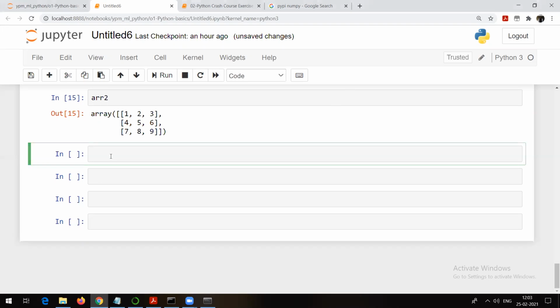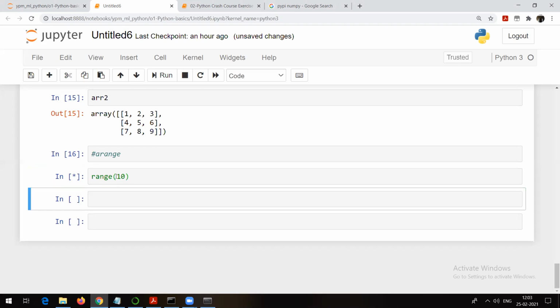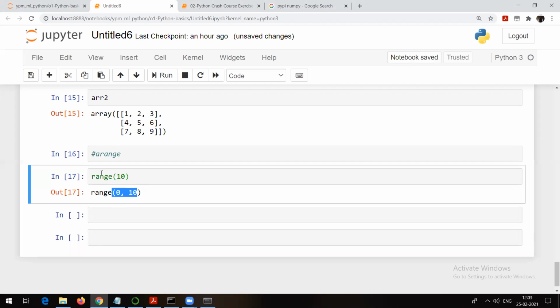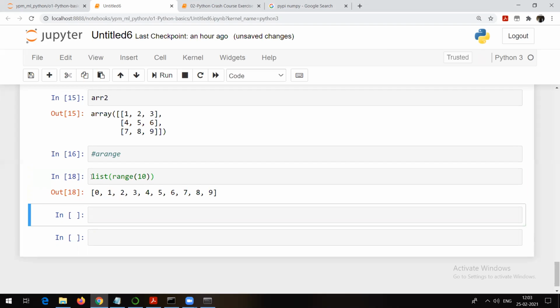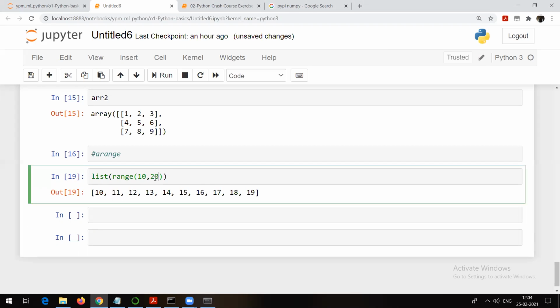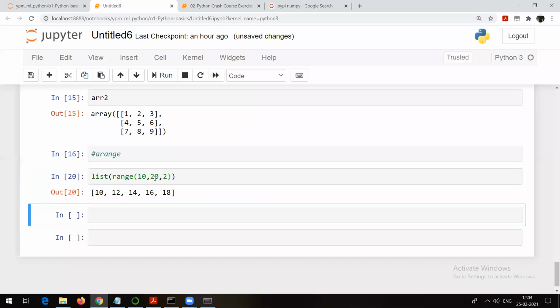Okay, now let me talk about some of the built-in methods. The first built-in method I will talk about is arange. Now, do you remember something called range, which we have seen already in Python? Range, right? This one we already talked about. So it gives us 0 to 9. Suppose I type range in terms of list, it will give me range of 0 to 9, which is 10 elements. If you give range 10, 20, which takes step as 1, I will get 10 to 19. If you give 10, 20, 2, so what was that?